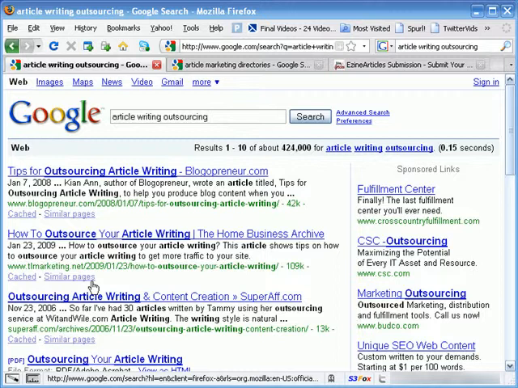But the article that you're going to be writing should not be a sales page for your product. But let's say, for example, your product solves a particular problem. Let's say your ebook, that's what your product is, describes the perfect golf swing or how to grow the biggest tomato. The article you would be writing or having written would be how to solve the slicing of your golf swing, or how to avoid the black spots on your tomatoes. Well, your ebook can easily be tied into that particular article.